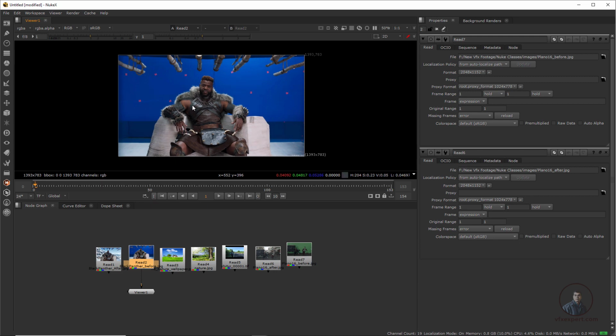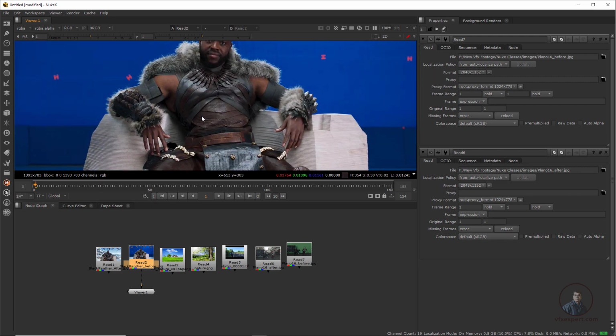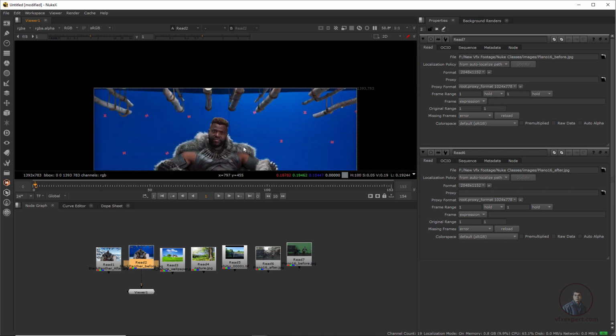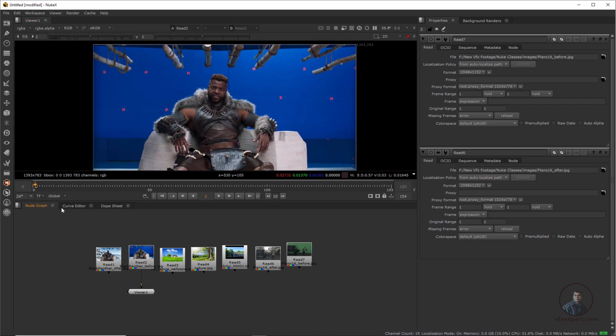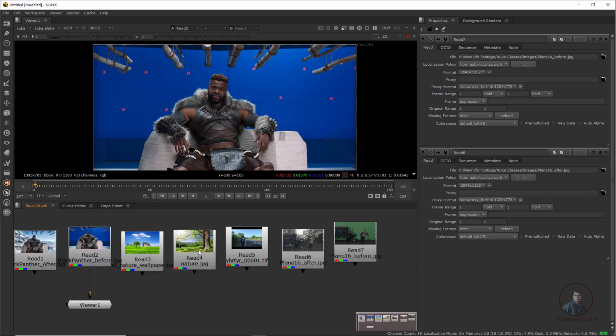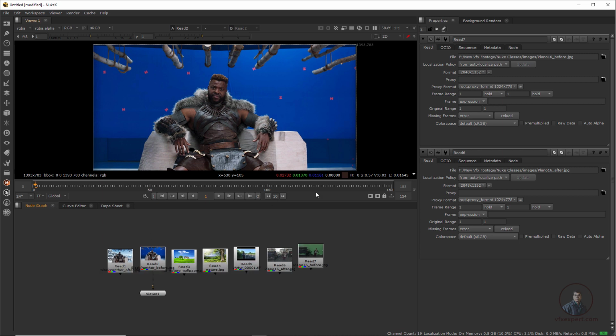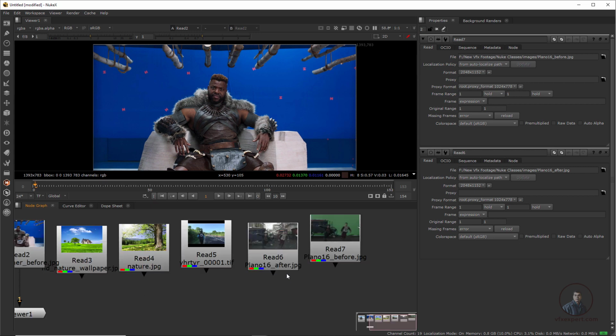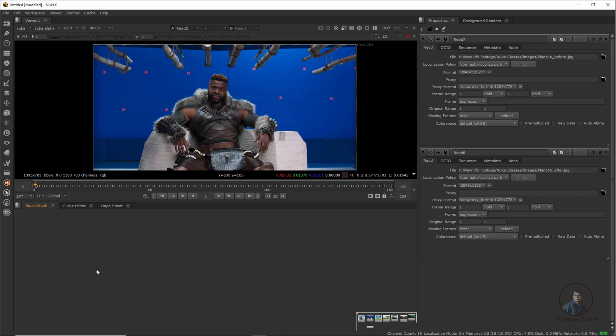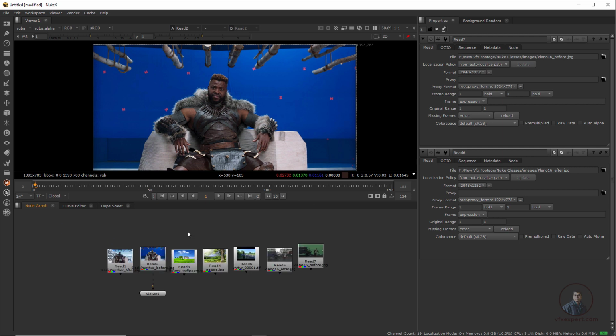So simply scroll the middle mouse button to zoom in and zoom out, and hold the middle mouse button to pan it. Same in the node graph: with the middle mouse button you can zoom in and zoom out of the node graph area, and if you press F here, this will frame your entire node graph inside this node graph area. Suppose you have moved like this and you don't know where all your nodes are, then simply press F. This will frame all your nodes inside this area.